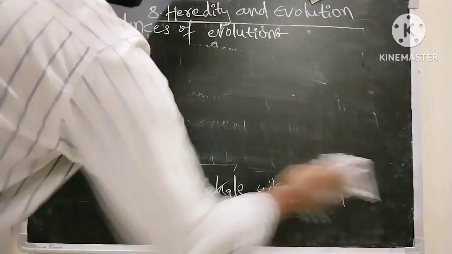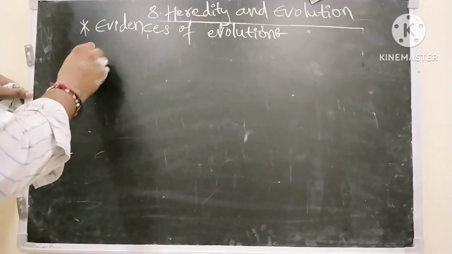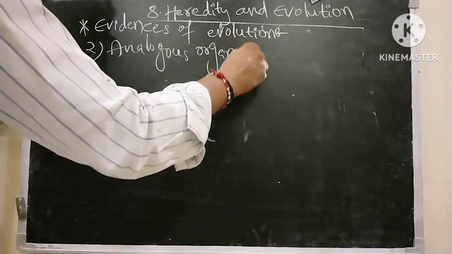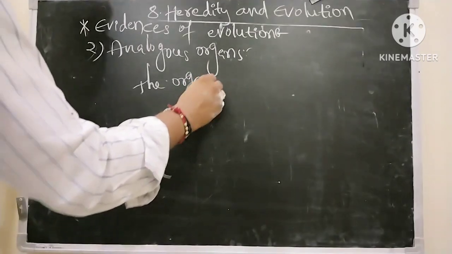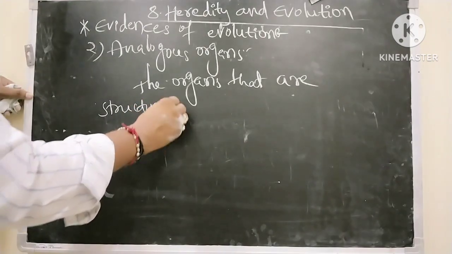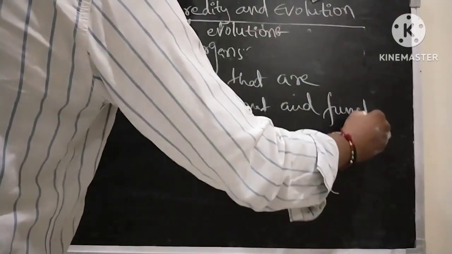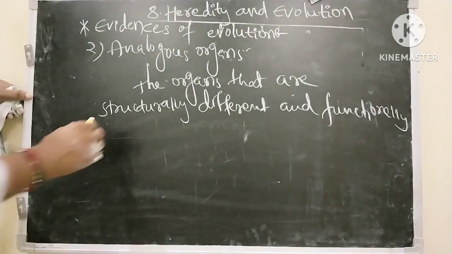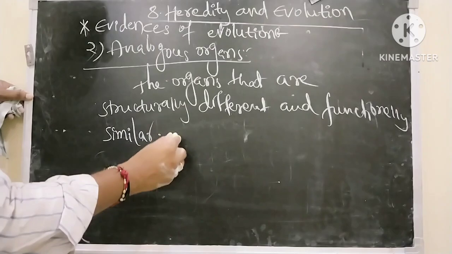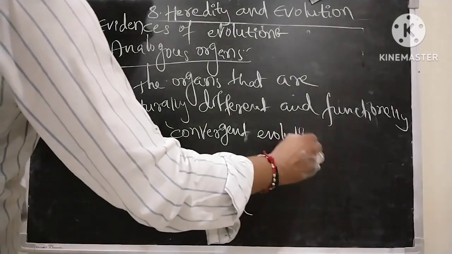Next, analogous organs. The organs that are structurally different and functionally similar are called analogous organs, and this leads to evolution called convergent evolution. Example,